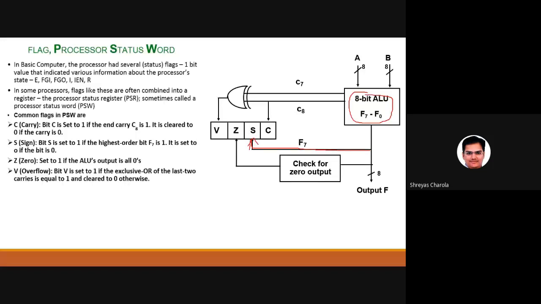I told you about the MSB bit. And if it is 8 bit, it will check the output. Total 8 bits, and if all the 8 bits are 0, then according to that logic, the zero flag will be set to 1, otherwise it will be set to 0. C7 and C8 XOR operation, and then it will write it to the overflow flag. And you know about the carry flag, that is C8. Okay, so this is the diagram of the total flags in the basic computer.